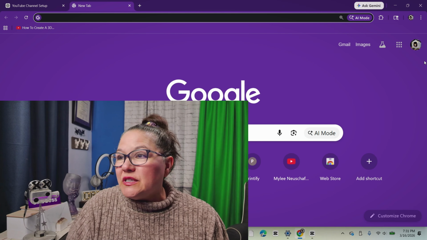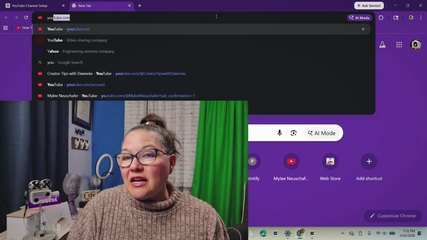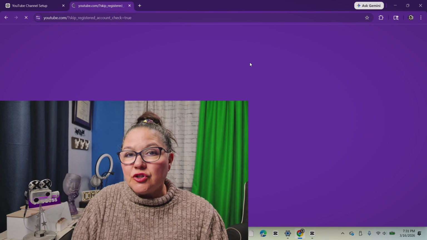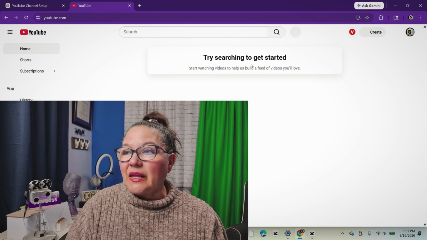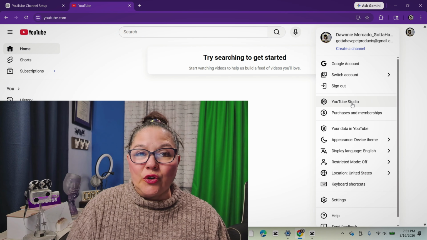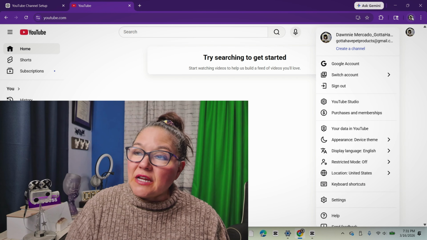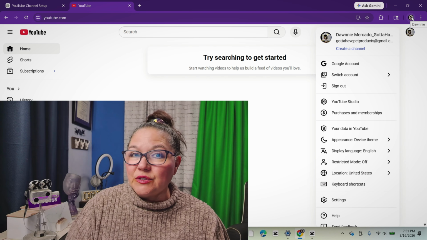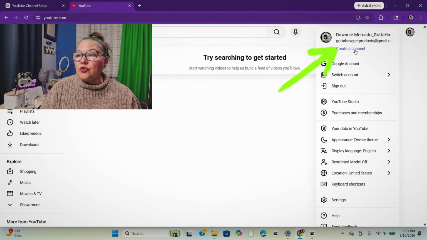So right here you see the icon of the Google Gmail that I am working on. So I'm going to go to YouTube just to show you that I don't have a channel here yet. If I did, I could click right here and it would say go to your channel. But instead, I'm going to click on not the top icon, that will just lead you to all your profiles on this browser. The second one, it's a little bit bigger, and you click on create channel,